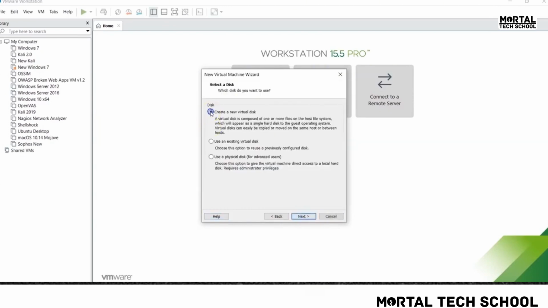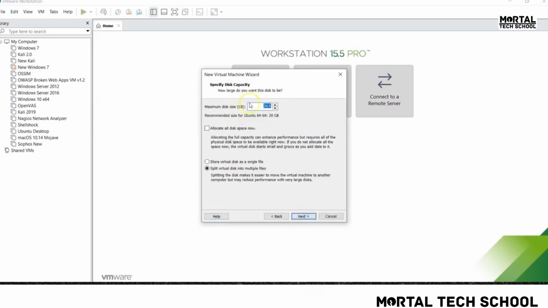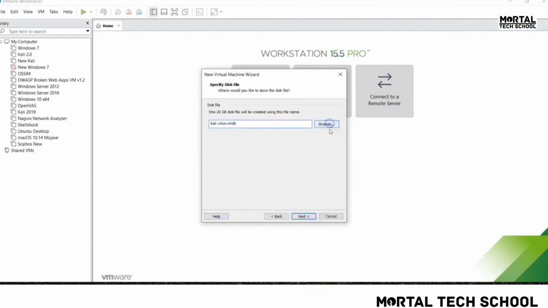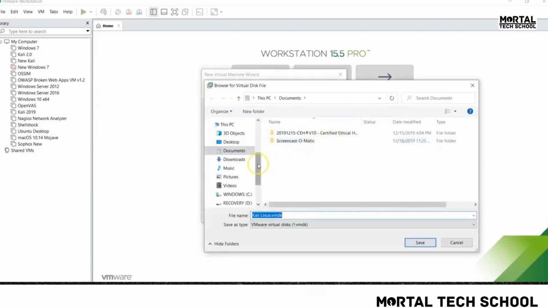Next. Create a new virtual hard disk for this machine, and it is going to ask us the size. 20 GB is more than fine. Store it as a single file. We don't want to use multiple file options. Click on next. And then click on browse where we want to store the VMDK file or the virtual hard